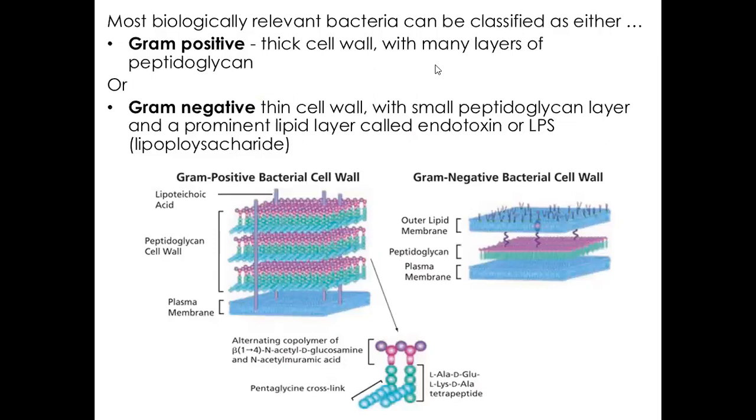So most bacteria can be classified in two ways: gram-positive and gram-negative. Okay, and what are we talking about? Well, Gram is some dude's name, first of all, that discovered this, but there's a difference in these two, and you can lump a lot of your bacteria into these two categories. So gram-positive bacteria have this thick cell wall with lots of layers of this peptidoglycan. It's just sugar, basically. And I've got an image of that down here.